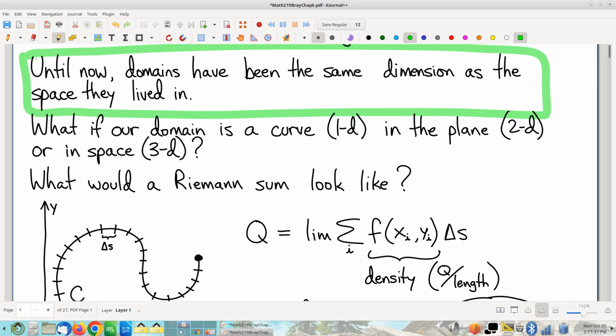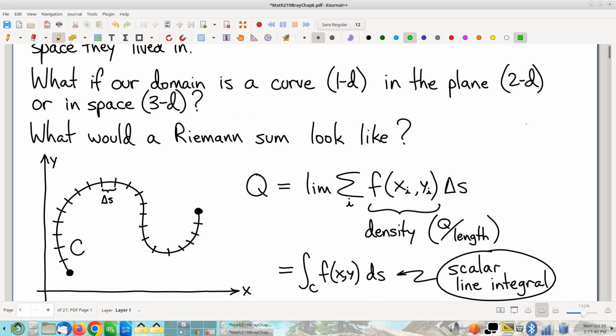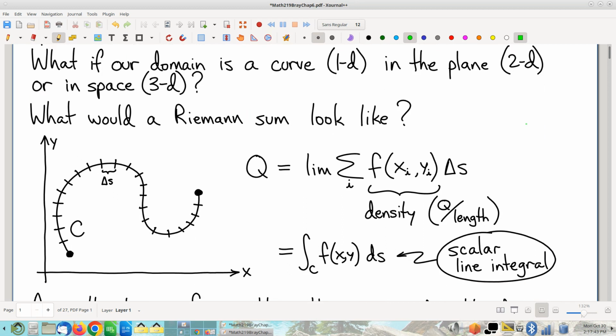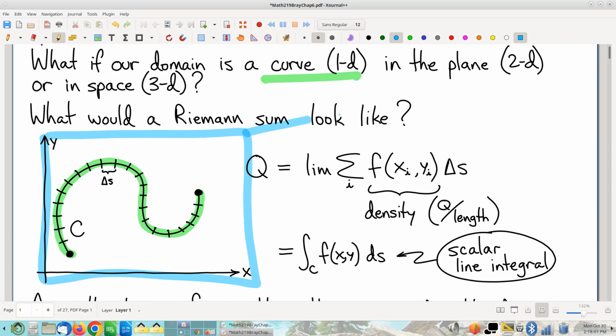Well, it doesn't have to be. What if it isn't? So for example, here is a curve. This is an intrinsically one-dimensional thing. It has length. It doesn't have any area. It doesn't have any volume. It is itself a one-dimensional thing, and yet this lives in 2 dimensions. Lives in a 2-dimensional world. So here we have a mismatch. The domain and the world that the domain lives in have different dimensions. And we have not made any